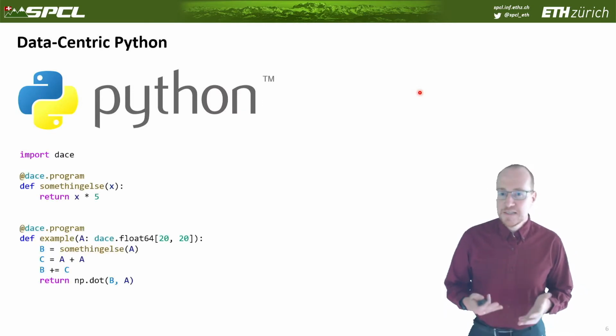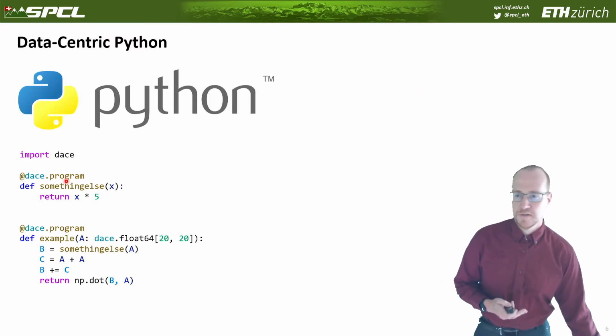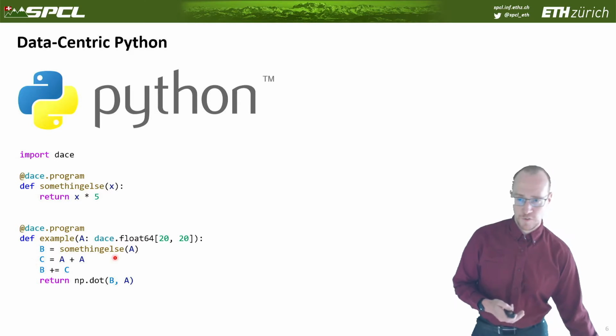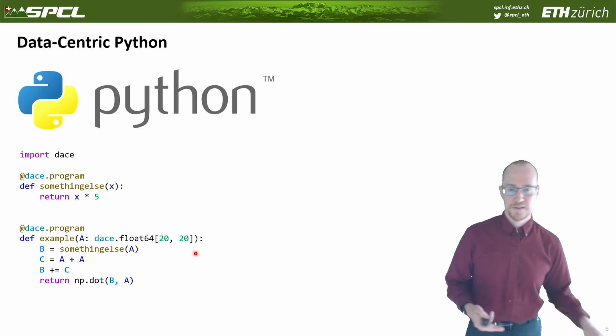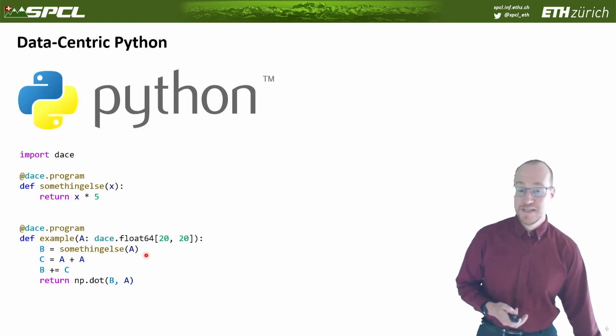Well, it means that you write Python code, but more specifically, you write NumPy code. You can see here there's an example program that is just annotated as a DaCe program, so it's quite simple to do this, and it's basically normal NumPy. One difference is that we have to annotate the types, which is just hygiene in Python code, I would say today. So these are type hints that we actually require for DaCe.